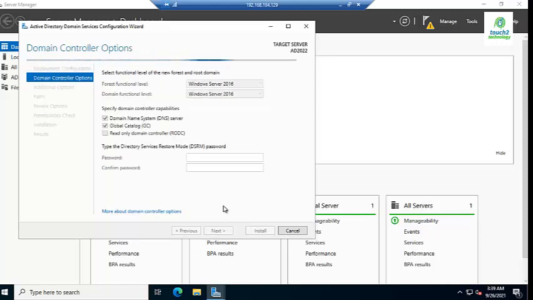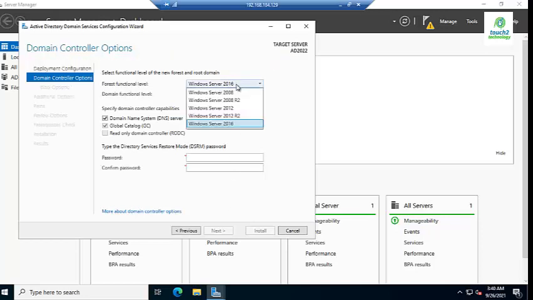So friends, here it shows the default functional level is Windows Server 2016. It is still showing information. Here is the maximum option for Windows Server 2016, that is the default functional level. I move forward.